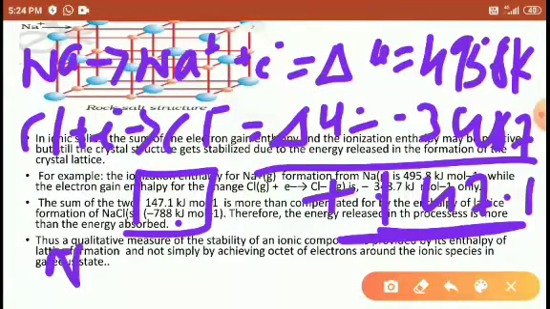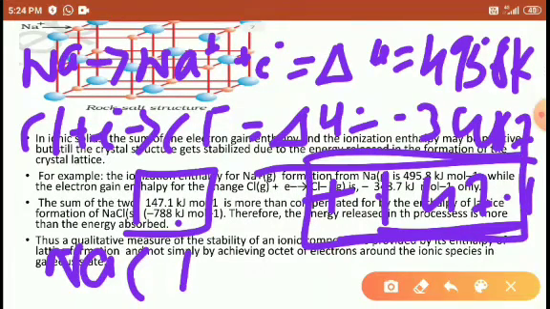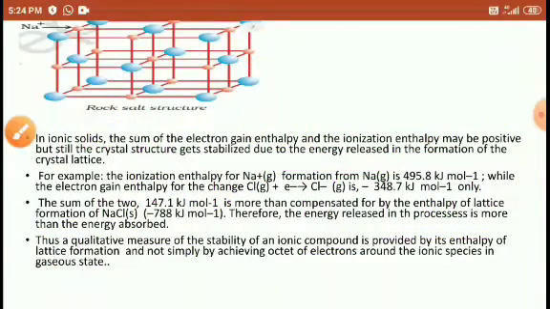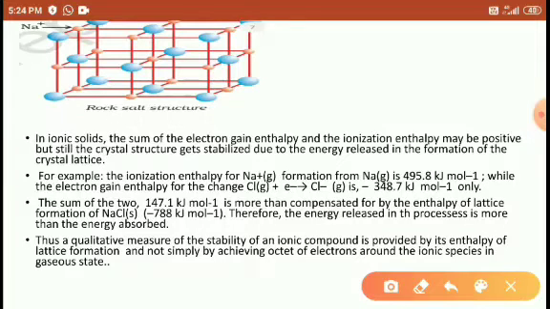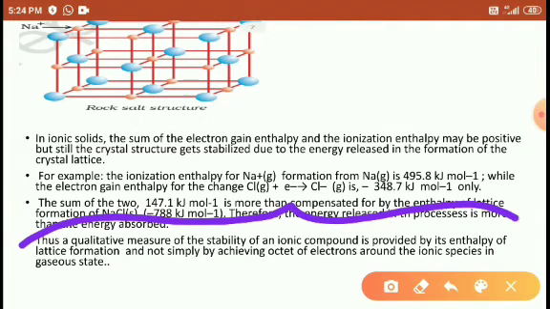But for the formation of NaCl, when we sum up these values, we get plus 147. But actually the formation of NaCl releases energy, that is minus 788 kilojoule. So that's why the NaCl crystal is more stable, because the energy released is more as compared to the energy absorbed. And the stability of an ionic compound is quantitatively measured by the enthalpy of lattice formation,